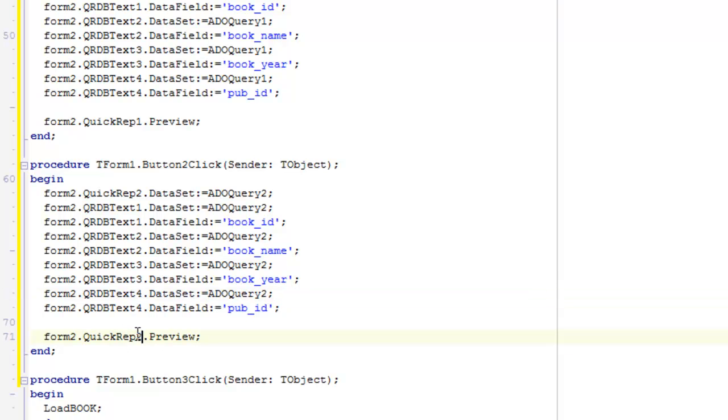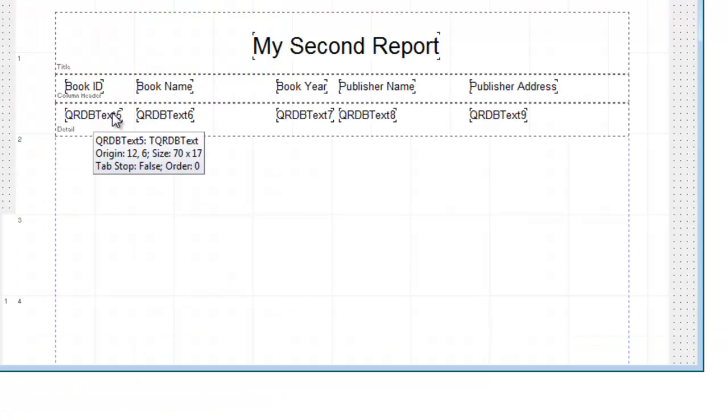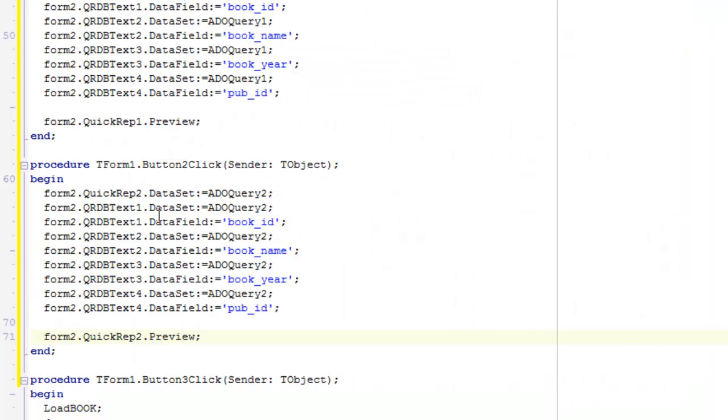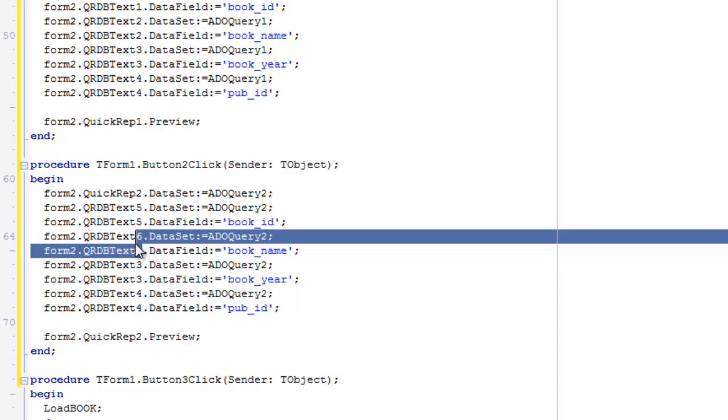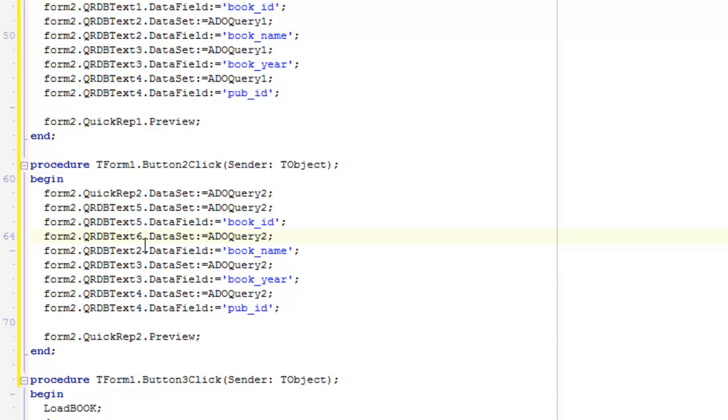This is quick report 2, and then this is not QRDBText 1 but QRDBText 5. This is 5. This is 6. I'm sorry. This is 6, 7, 8.